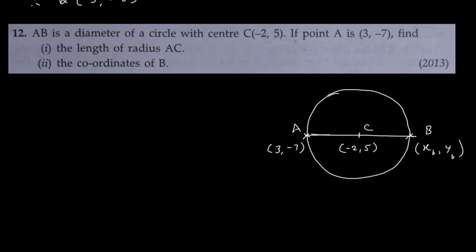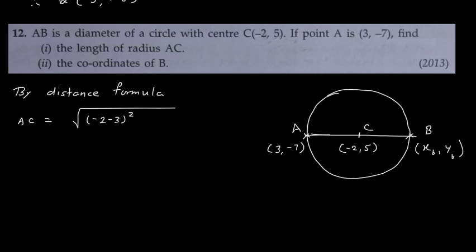Now first thing, they ask me to find the length of radius AC. So here I will say that AC is equal to, by distance formula, here you will apply the distance formula. AC is equal to root of (x2 minus x1), that is (-2 minus 3) the whole square, plus 5 minus minus 7, it will become plus, so (5 plus 7) the whole square,